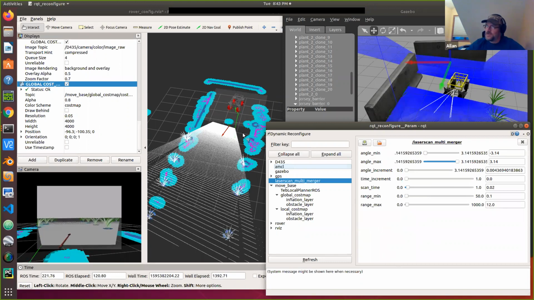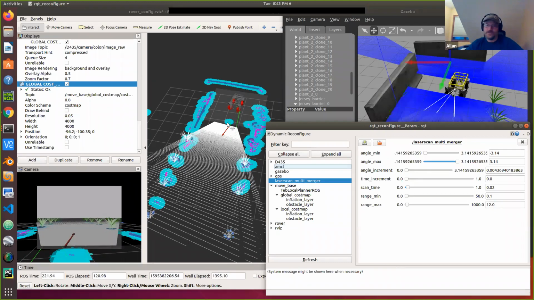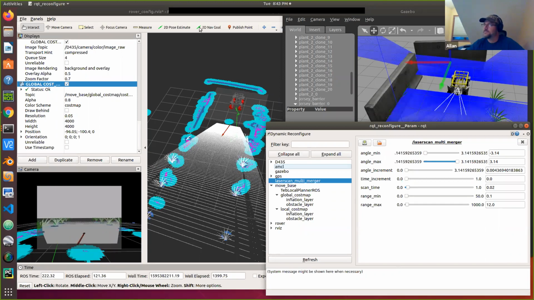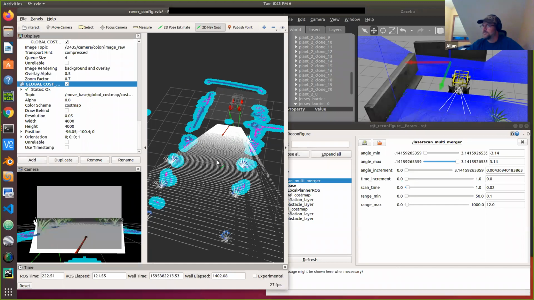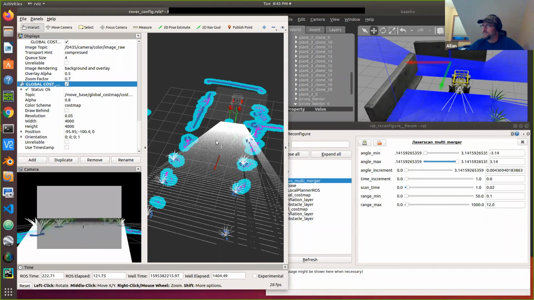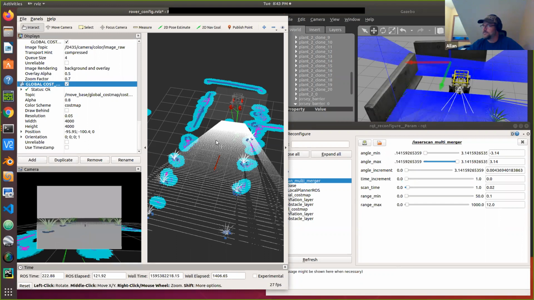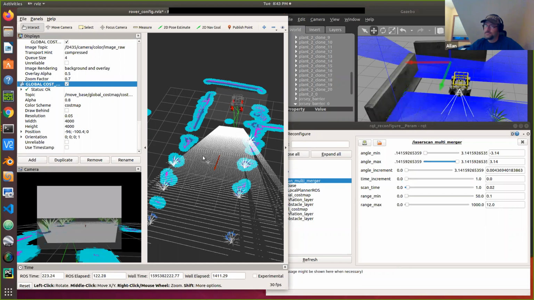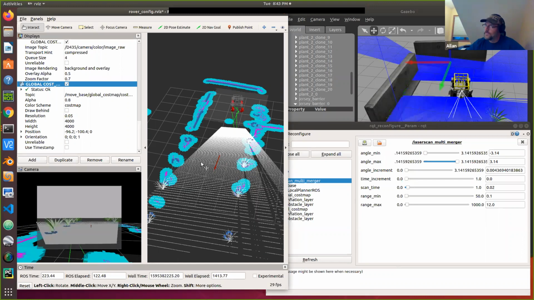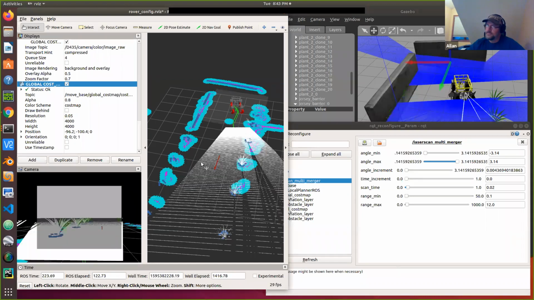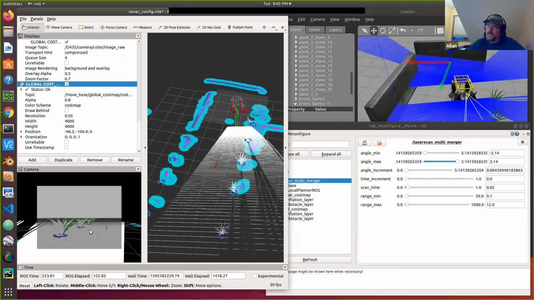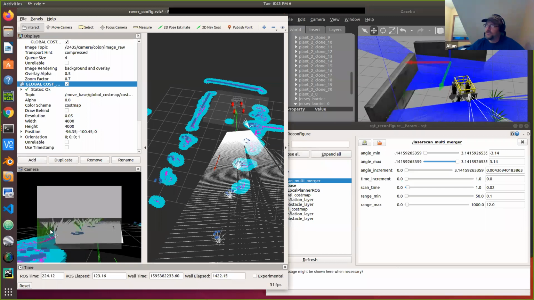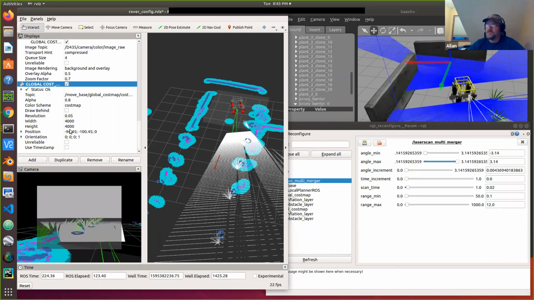So now you can see it's trying to plan around that obstacle that isn't actually there. So that's fun. And down here, one thing that was interesting, you can see the plants moving around in here. But I was able to, under the camera,